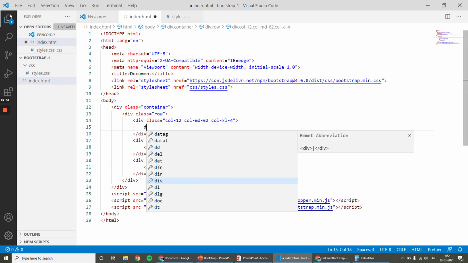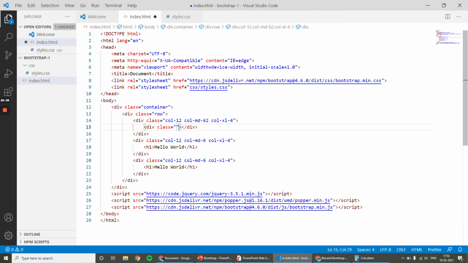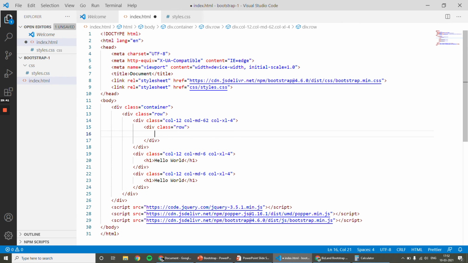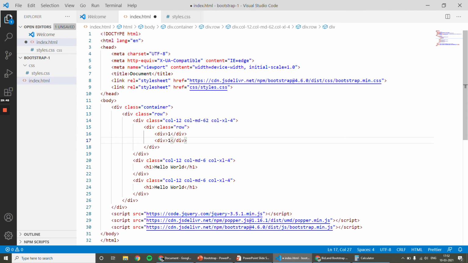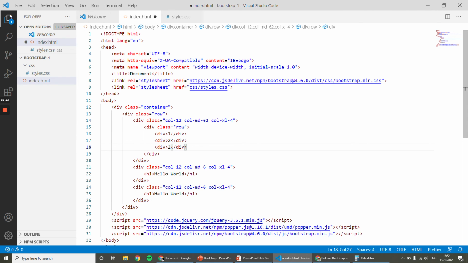Inside the first box, there may be a need for another plus item where you will write 1, 2, 3.